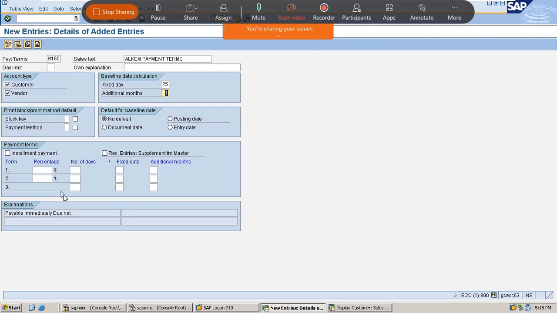Whatever controls we give, the cash discount controls, will be determined into the sales document with the help of the SKTO condition type. There is a condition type named SKTO. It is a condition type. With the help of the SKTO condition type, we can determine the cash discount into the sales document. Whatever we have mentioned here, that's what we can determine into the sales document with the help of the SKTO condition type.